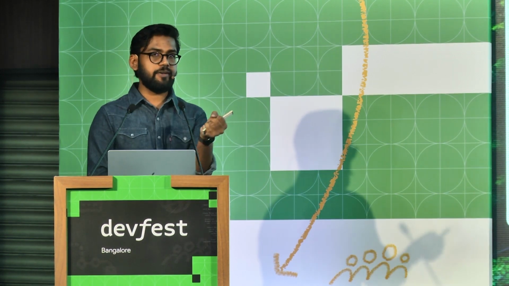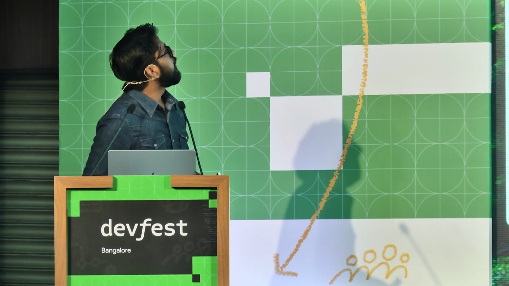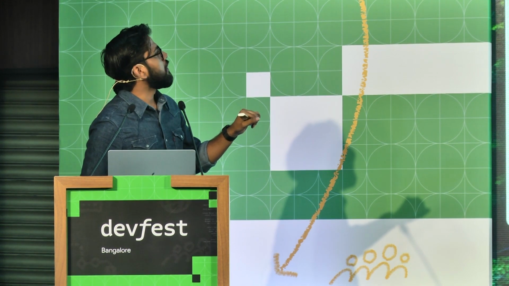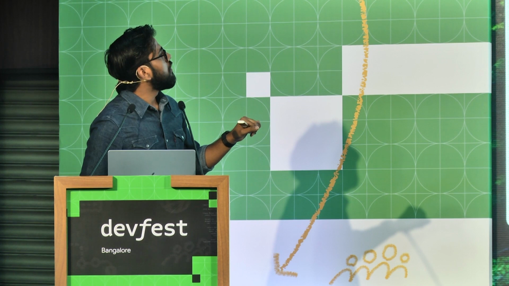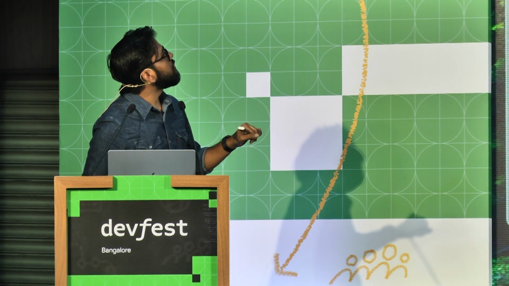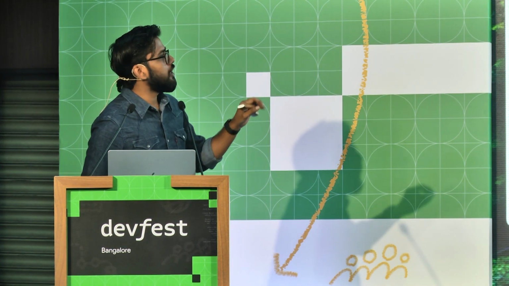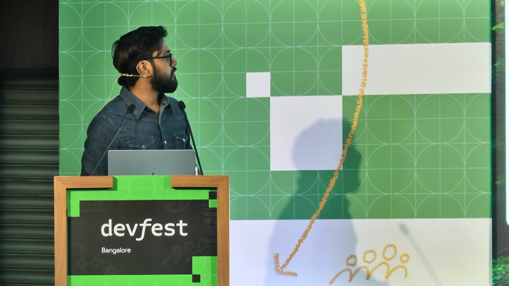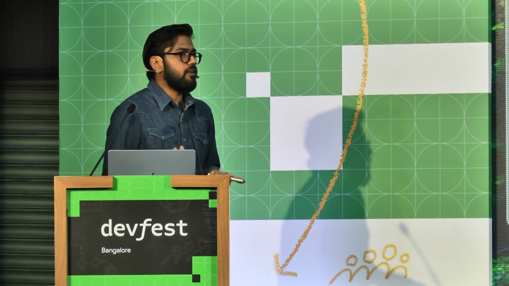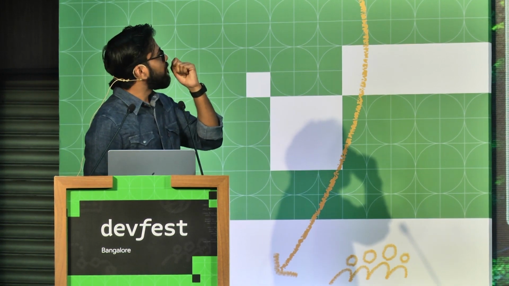This works for Jetpack Compose also, by the way. This works for SwiftUI also, but this is a Flutter demo. You can either generate by drawing here, or you can generate code from here. Let's pick some image. Okay, we have demo images. Let's use this one. It does not give the best result today, but this works. Let's try it out. If you want to know how to build it, then I can help you.